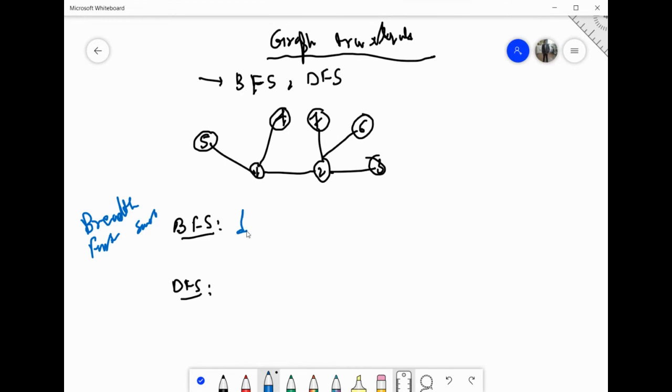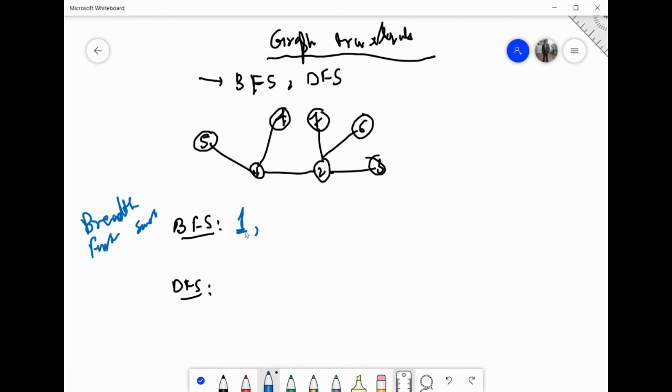Once I have visited 1, the next option is only the adjacent nodes of 1. I can visit 5, I can visit 4, I can visit 2, in any order. Either 5, 4, 2, or 2, 4, 5, doesn't matter.